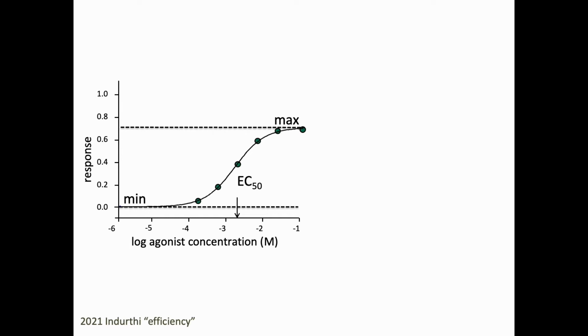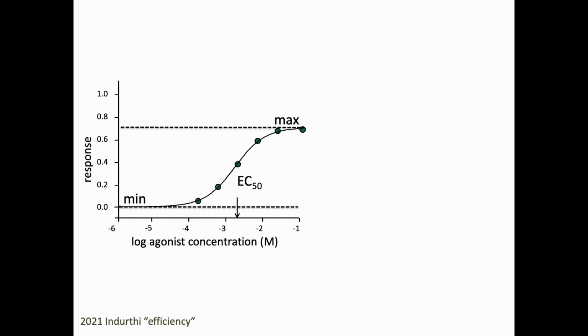So single channel currents were what we used to measure those four equilibrium constants, but we want to make this more generally applicable. We think efficiency applies generally, and most receptors are not ligand-gated ion channels, and even many of those that are are not able to be analyzed at the single channel level. So from now on, everything I say is going to come from a dose response curve. In a dose response curve, or CRC, there are three key parameters. There's the maximum response, there's the minimum response, and there's the midpoint called EC50, which is the concentration at which the response is half its maximal.